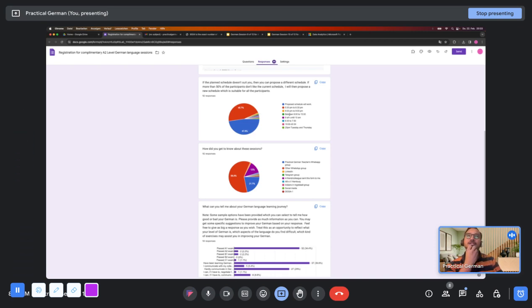47% people want it in the evening, I believe. 47 are fine with the current schedule and 45 will be. I think you said in the Google form, if the majority of people said it's in the morning, then it's going to be in the morning, right? Yeah, Rishabh, it's good for you, but people in Germany don't want to wake up at 6 a.m. in the morning. Yeah, we'll have to check.